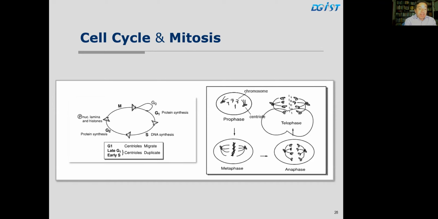If that cell is a dividing cell, in other words, it is growing more, it will go into a protein synthesis G1 phase in preparation for DNA synthesis, the S phase, a secondary G2 protein synthesis, where they synthesize the machinery for the division, and eventually another mitosis or M phase. And you see this M phase has other elements to that. The prophase, where the chromosomes start to coalesce, the metaphase, where the chromosomes line up, the anaphase, where the chromosomes are starting to come across, and the telophase, when the chromosomes separate and the cells separate.